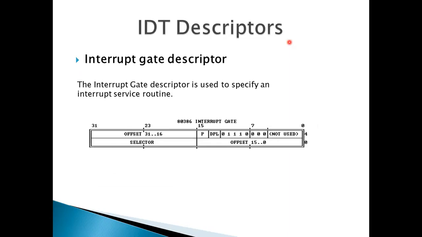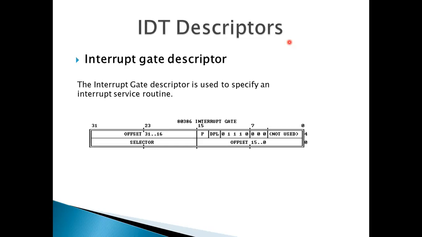As I told you, when we get access to a particular instruction or segment, and if that segment is not accessible, then we need to disable further interrupts that may occur, or different types of interrupts that may occur.